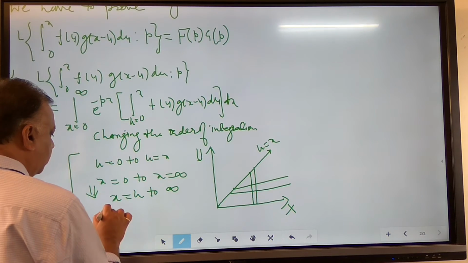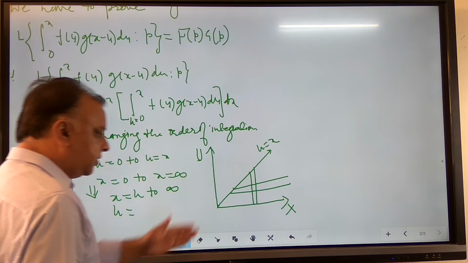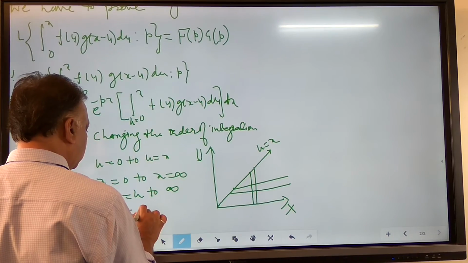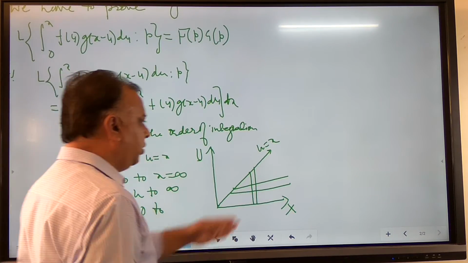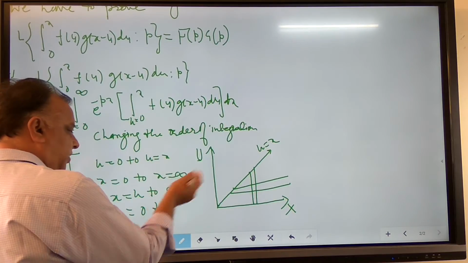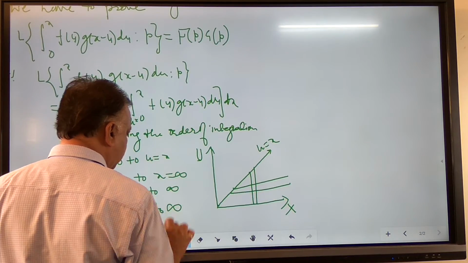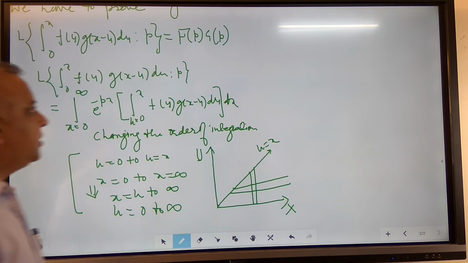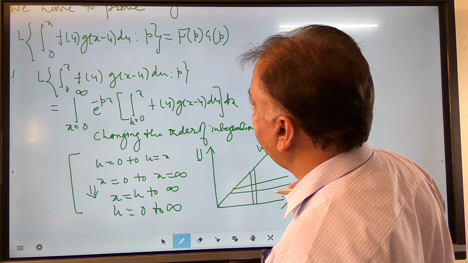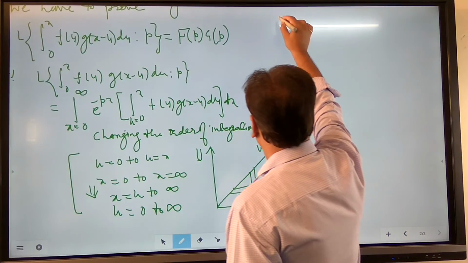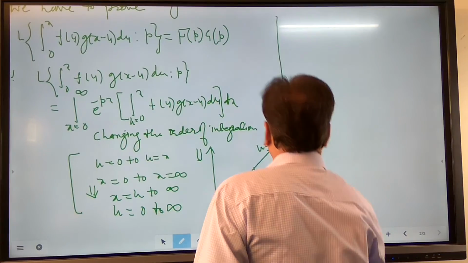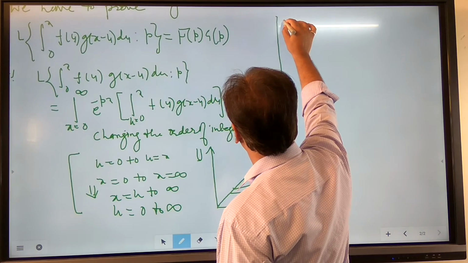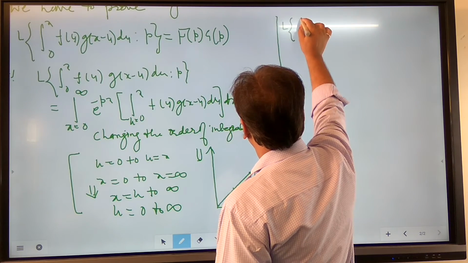And the limit of u starts from 0 and goes towards infinity, so u equals 0 to infinity. So after changing the order of integration, we find that the Laplace transformation of the integral 0 to x